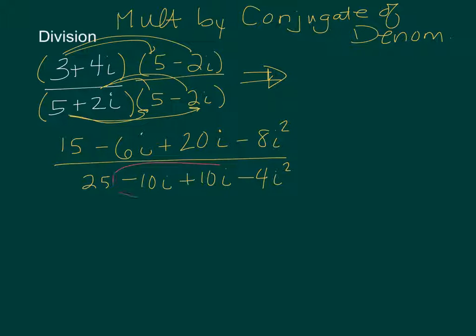What you should notice is that these two are going to add to 0, and each of these i squared terms is going to be replaced by a -1,